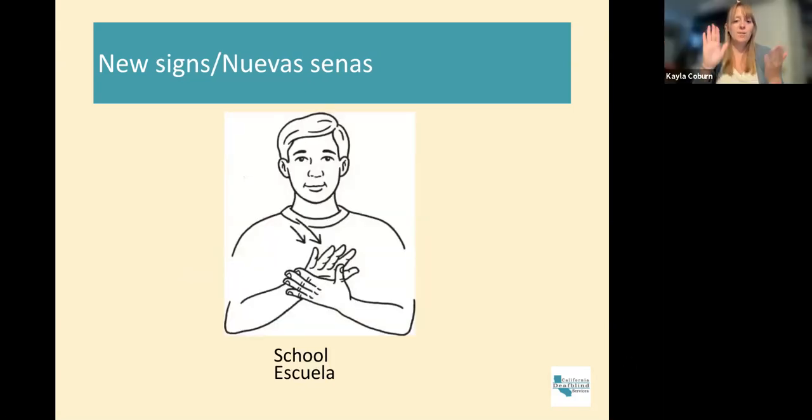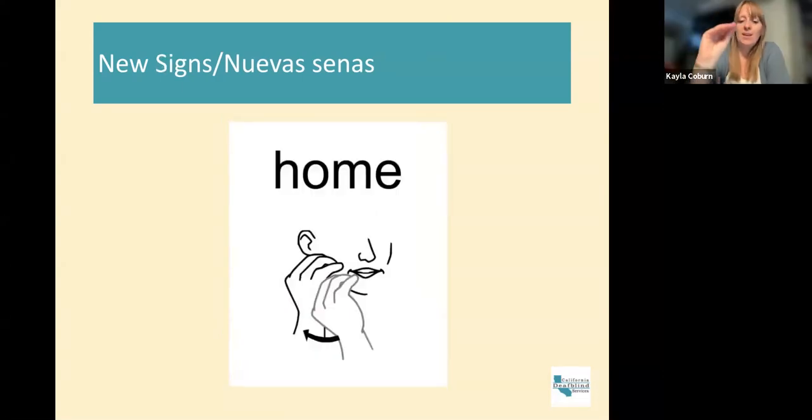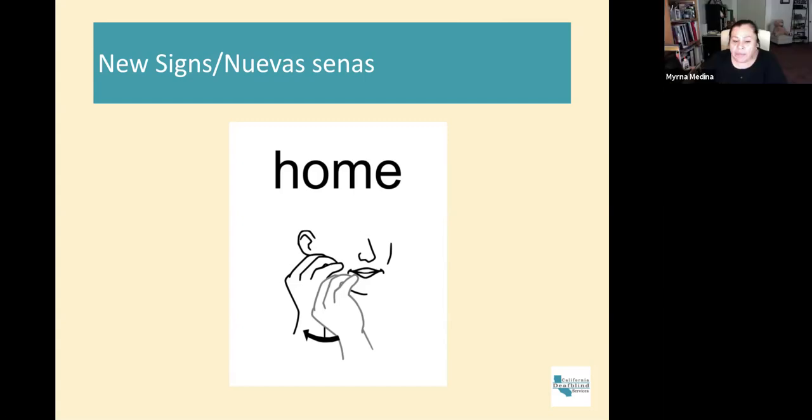Next is school, where you clap your top hand onto your bottom hand twice. Para escuela, ustedes tienen las 2 manos y hacen 2 aplaudidas, las traen juntas 2 veces. Home is that wonderful flat O shape again, and you put it onto your mouth and then to your cheek. Y para casa, ustedes vuelven a hacer la maravillosa O y la traen del cachete a la boca.